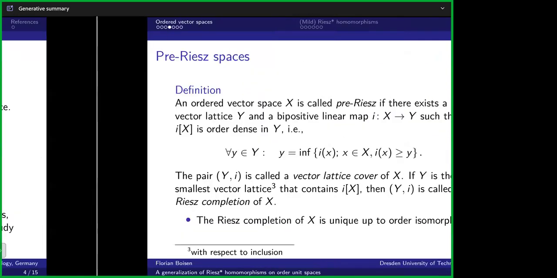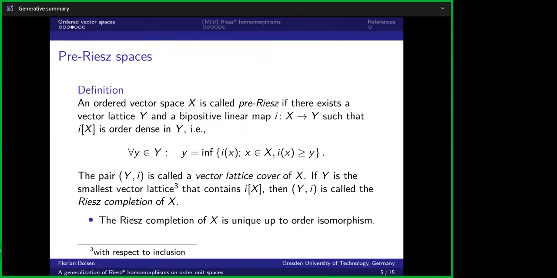And what I mean by nice vector space has a different name. We call them pre-Riesz spaces. So an ordered vector space is a pre-Riesz space if we can find a vector lattice, say Y, and a bipositive linear map I from your pre-Riesz space into a vector lattice, such that the image is order dense, meaning